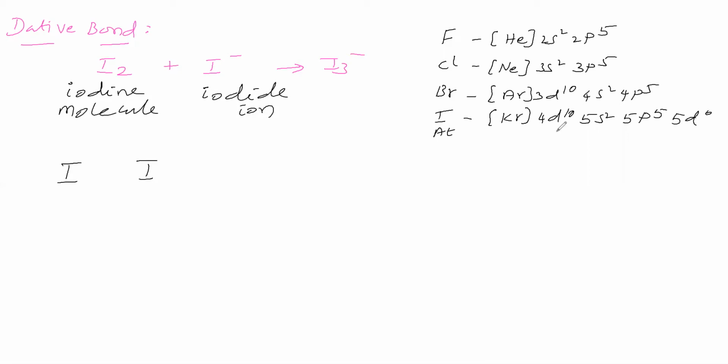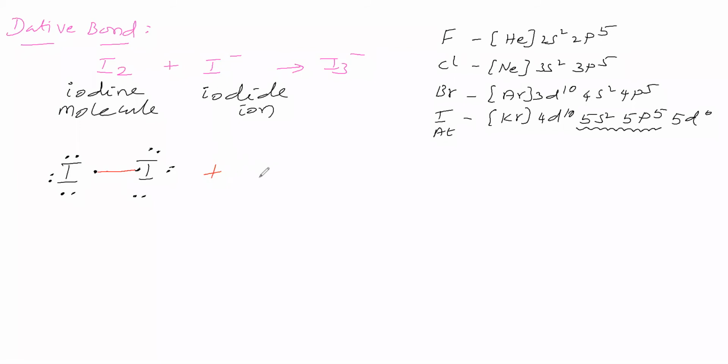Therefore, the valence shell of iodine has 7 electrons, so we write 7 dots for iodine. Now we will give bonding. This valence shell has 7 electrons, so it needs 1 electron to get an octet. Therefore it makes 1 bond between both iodine atoms, and each has an octet configuration. Then it is the iodine molecule.